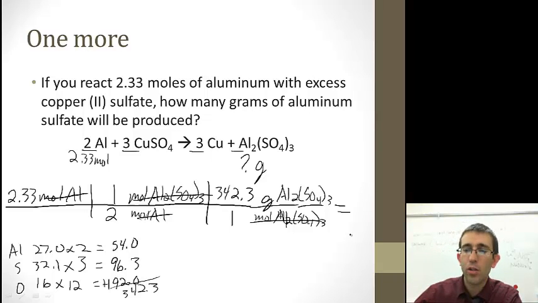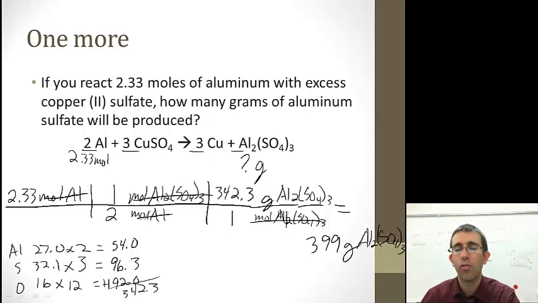Now I ran out of room here, so I'm going to write it right down here. Okay, so this equals 399 grams of Al2(SO4)3, aluminum sulfate. And that's how you do these. Alright? So write down questions if you have them in class, and